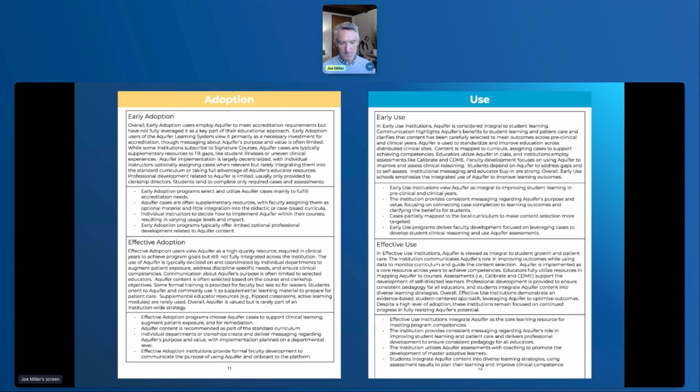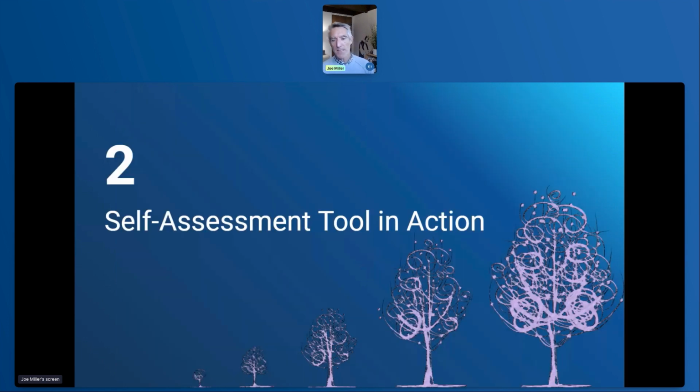And so I'm going to go into this next section, and in this part, I'm going to talk about the self-assessment tool. I'm going to show you a little bit of what it looks like. It's very simple. And at the end of that section, I believe Megan will put into the chat a couple of links. We'll also send those links out to you in the follow-up email that will allow you to then take the